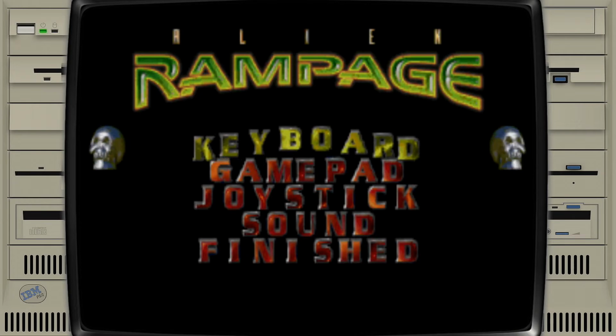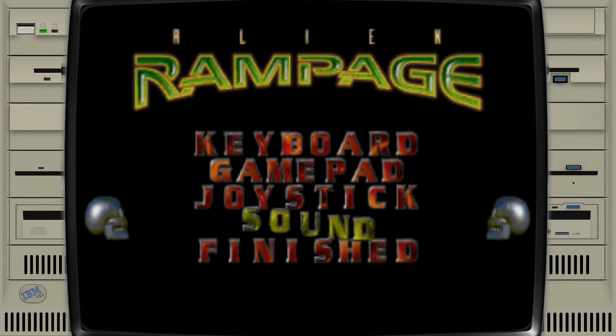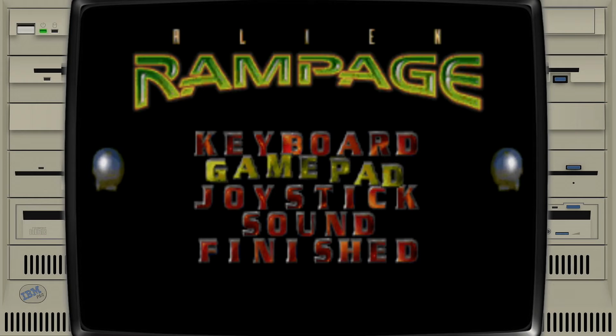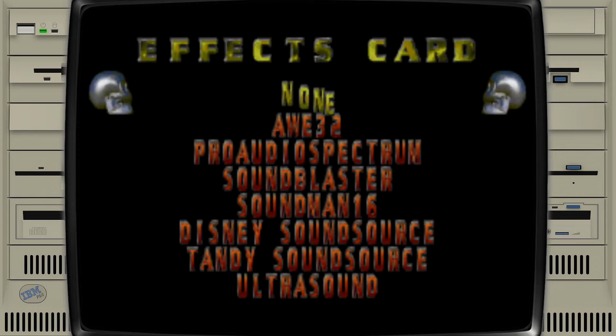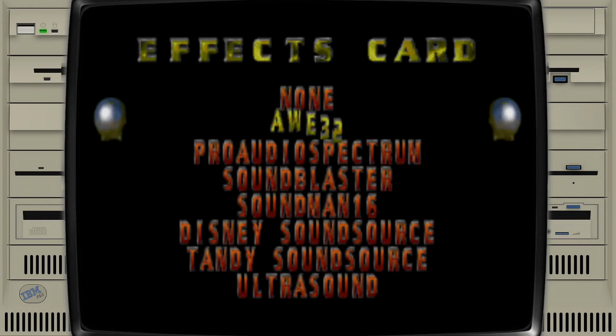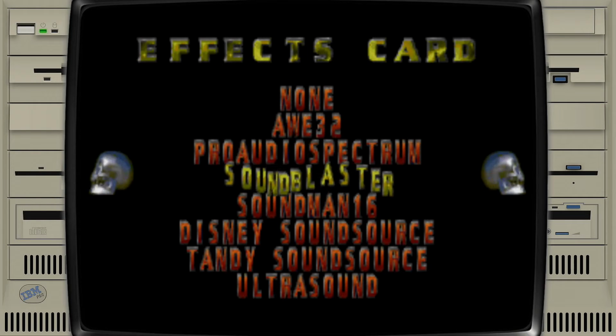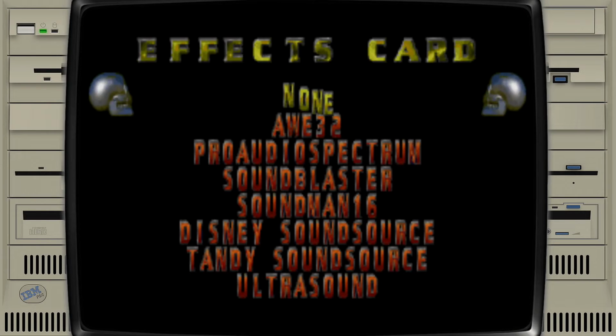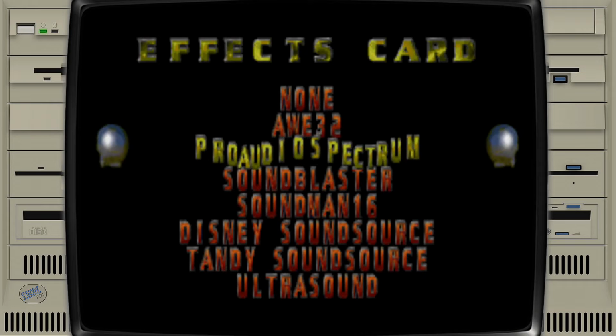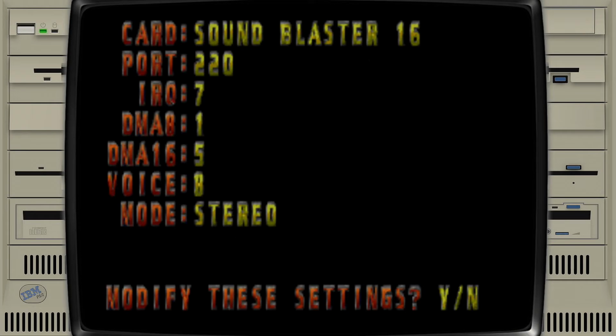Okay, I can see here that there's no sound. So let's go into sound. And let's go ahead and select Sound Blaster. This one was 16. Let's try 16. Okay, that didn't work. Let's go ahead and Sound Blaster. There it goes. So 220 for the port,